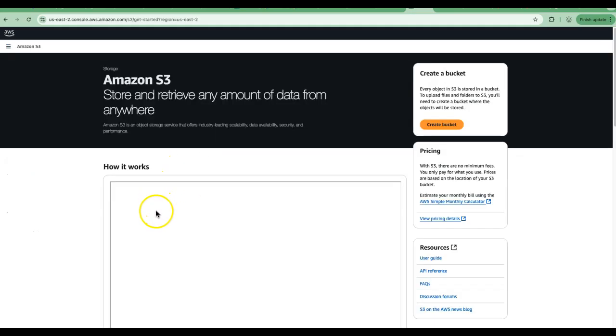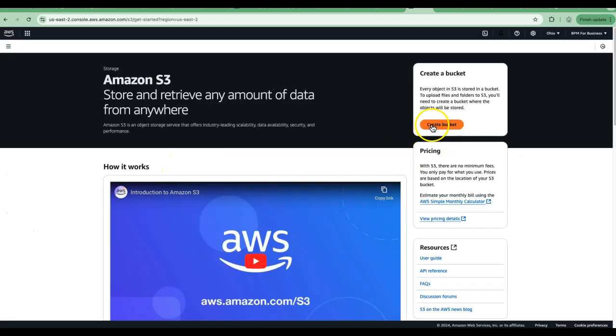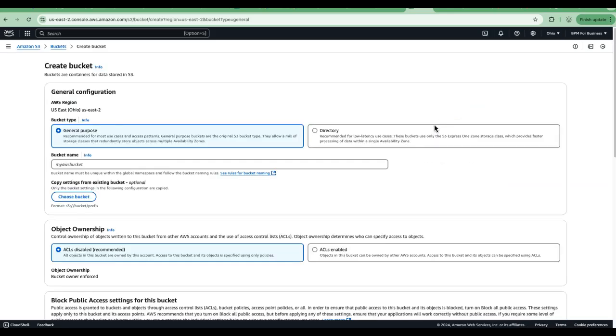Now you are coming into the S3 service. Here you can create a bucket. How can you create a bucket? If you see here the orange button which says create bucket, click create bucket, and I just have to give a sample name. You can leave everything as default. I'll call it my